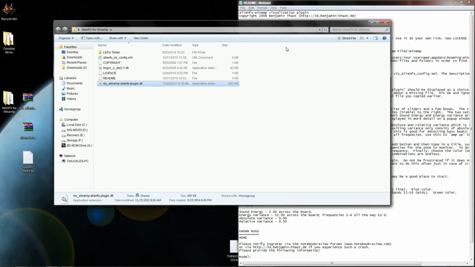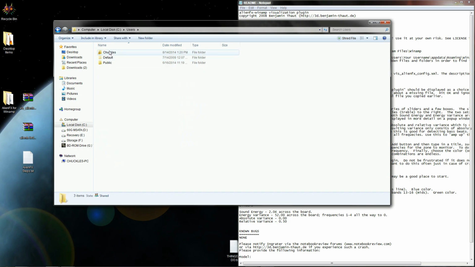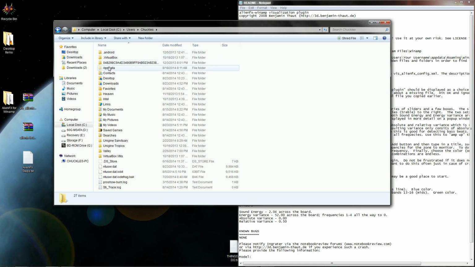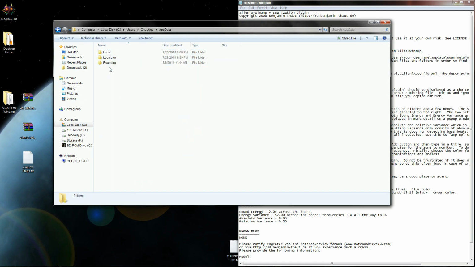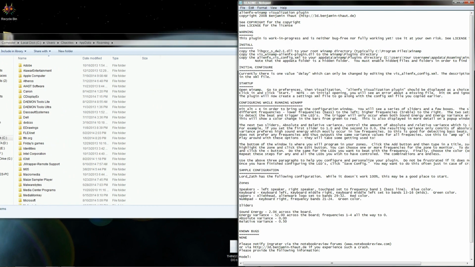Now this next part, this is why you had to enable hidden files and folders, because you've got to get into the app data. So you're going to want to go to your C drive. Under users, you're going to want to click the user that you're logged in as. In my case, it's Chuckles. Right down here, you'll see app data. Click on app data, go to roaming, and again, this file extension is outlined right here. So to your app data, Winamp, plugins directory,